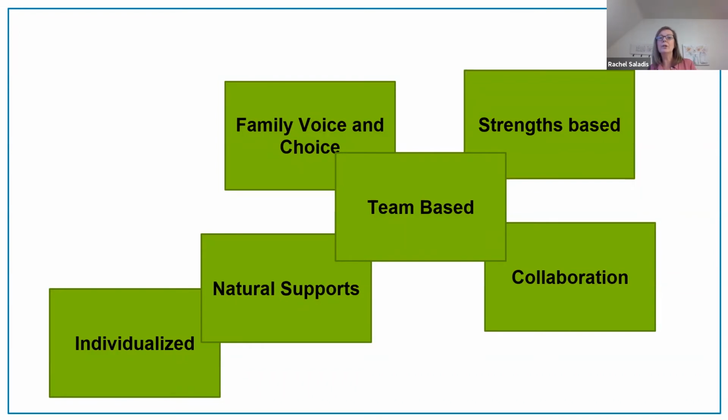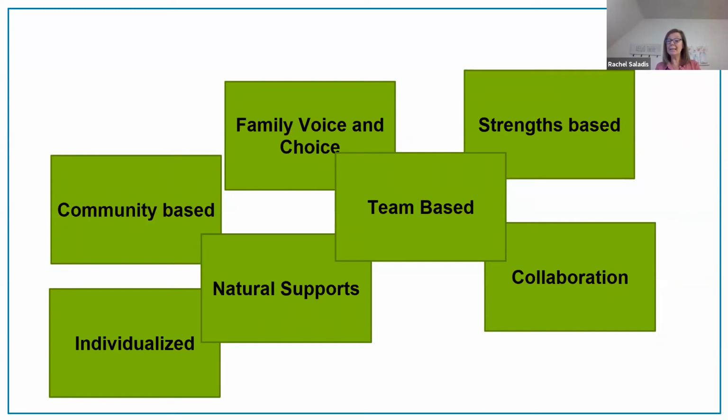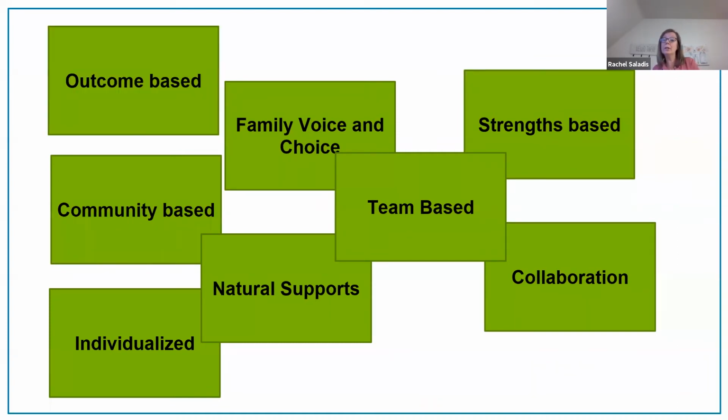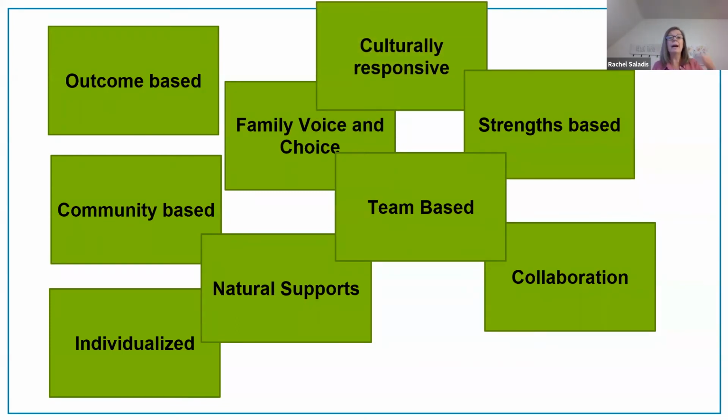It's also important that the Tier 3 team implements service and support strategies that are community-based, that take place in the most inclusive, most responsive, most accessible, and least restrictive setting possible, and that safely promote youth and family integration into home and community life. The team ties these goals and strategies that are in the Tier 3 plan to observable or measurable indicators of success. The team monitors in terms of these indicators or outcomes and revises the plan accordingly.